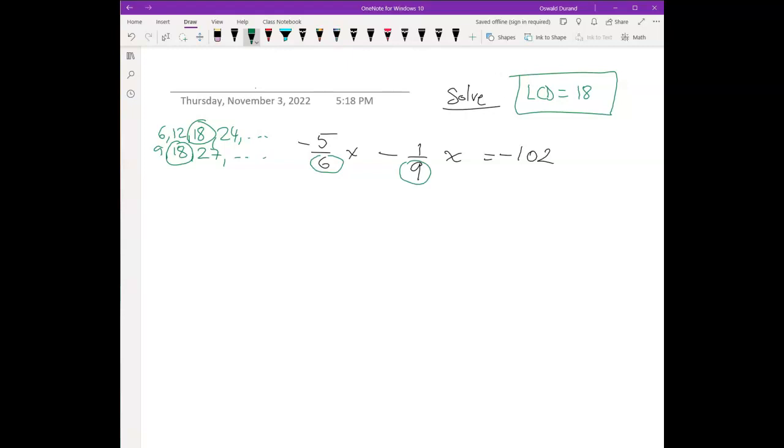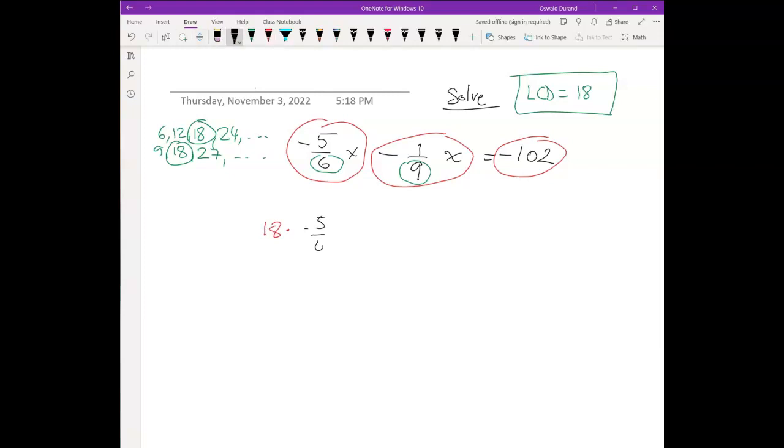That's the first step. Now, the goal is to clear out the fraction. That's the reason why I want the LCD. I want to clear out the fraction, meaning I want to get rid of those two denominators. How do I do that? I multiply all the terms by the LCD. So this is one term, that's another one, and that's another one. All those terms are going to be multiplied by the LCD. So I'm going to do 18 times